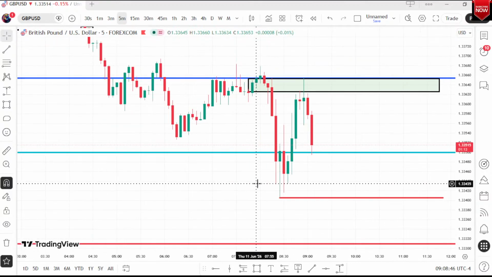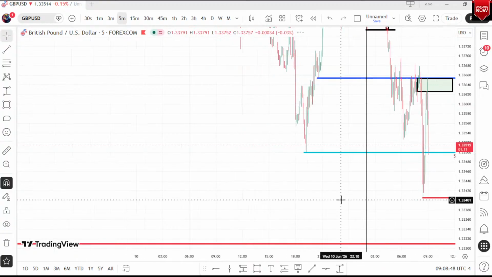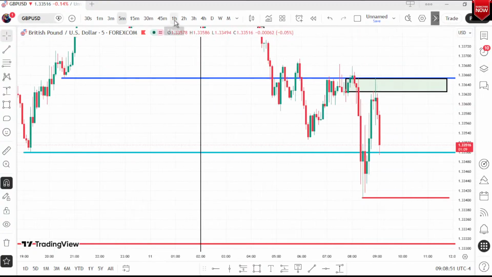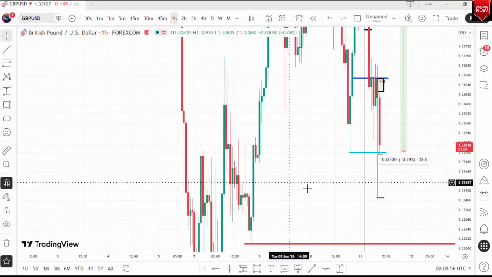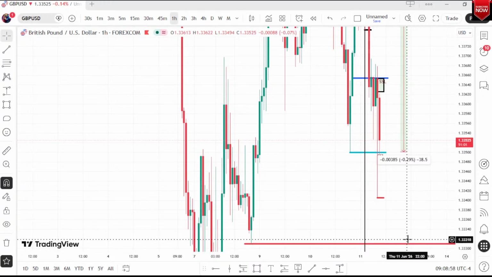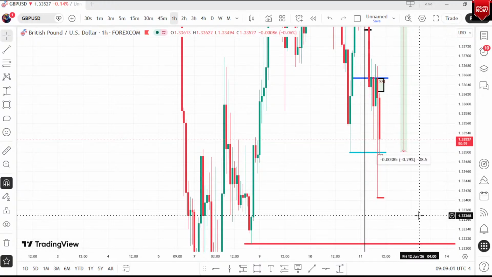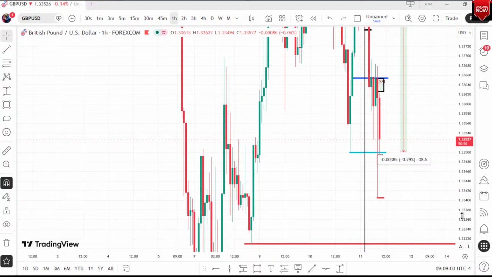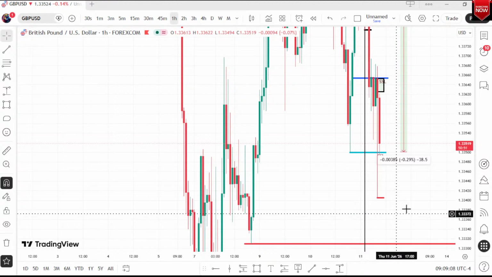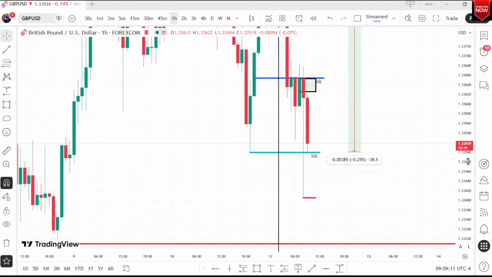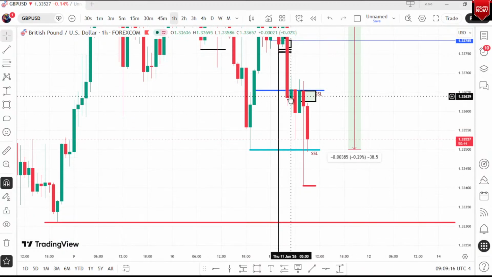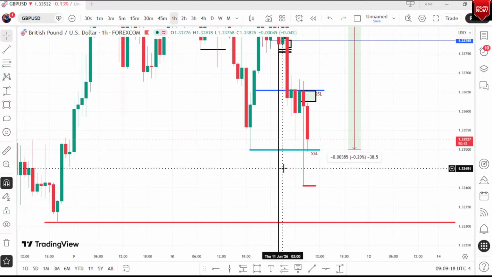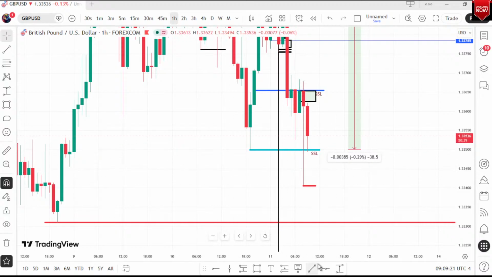I wanted it to be after that sell side liquidity has been taken out, the one that I marked in the higher time frame. Yeah, this sell side, the early one, the 1 hour. So we want to see price going lower. But you see these prices actually taking out